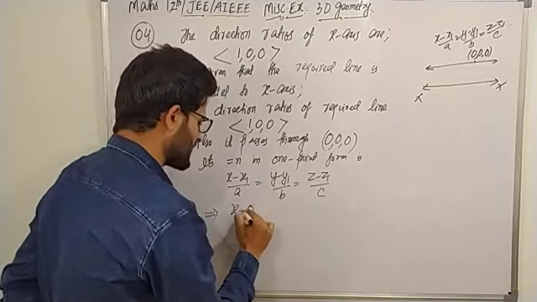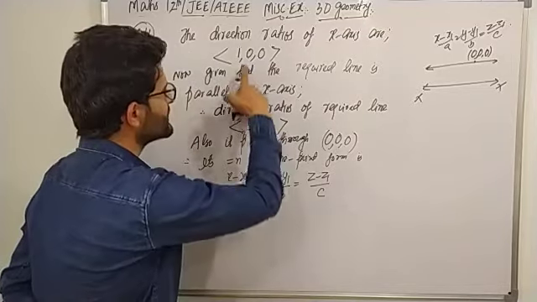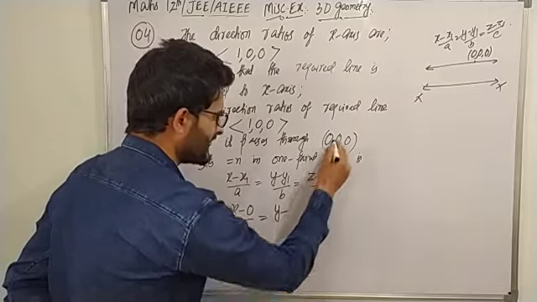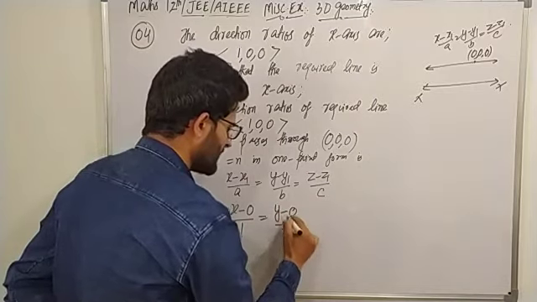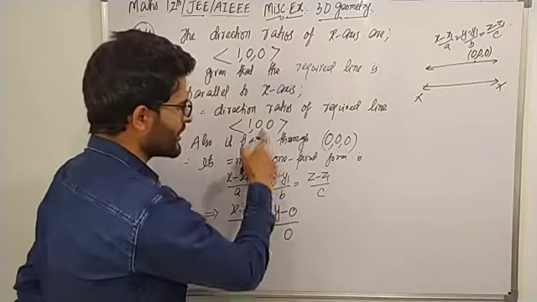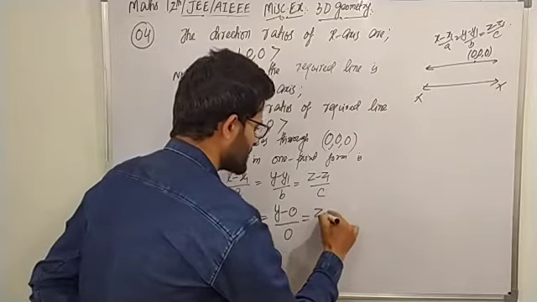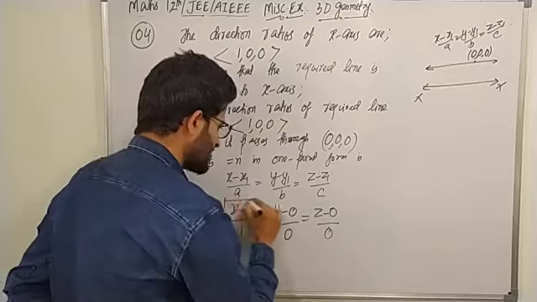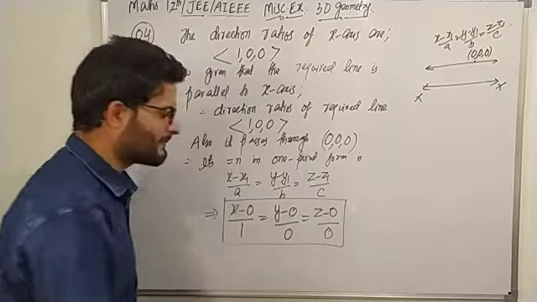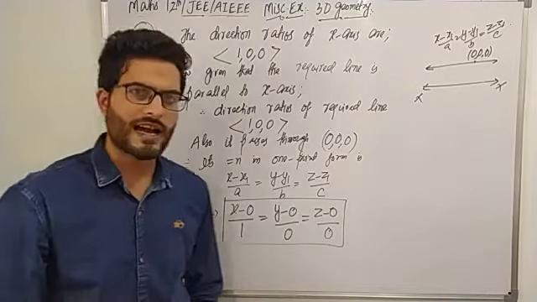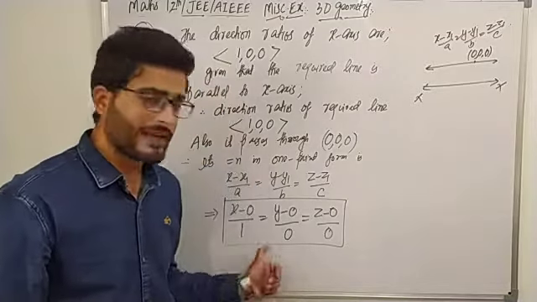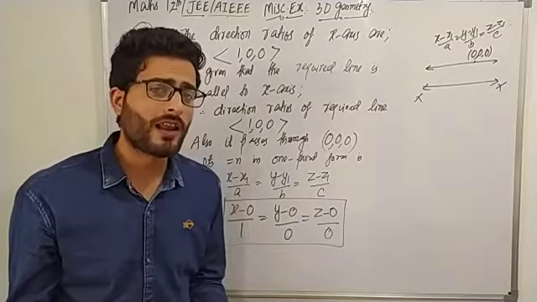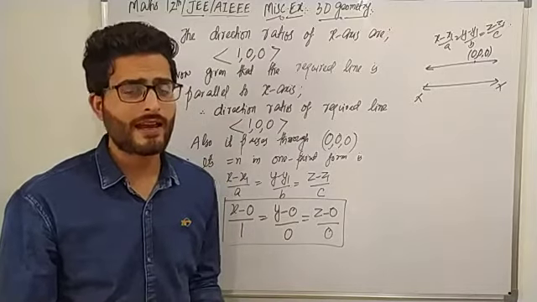point through which it passes 0 divided by a is the first direction ratio that is 1 is equal to y minus y1, that's again 0, divided by b, the second direction ratio, that is 0, is equal to z minus 0 divided by 0. So x minus 0 by 1 is equal to y minus 0 by 0, and that's equal to z minus 0 divided by 0 would be the equation of that line which is parallel to x-axis and is passing through